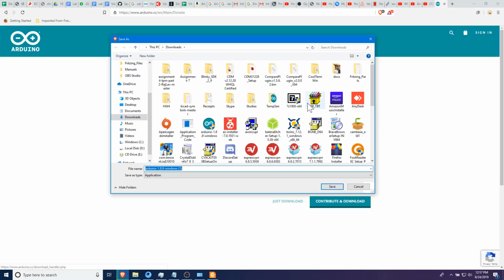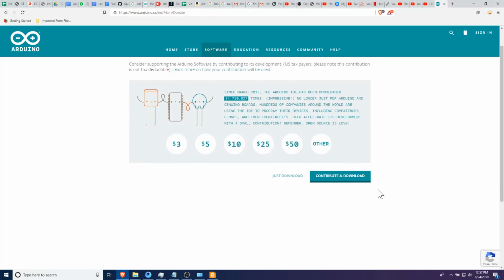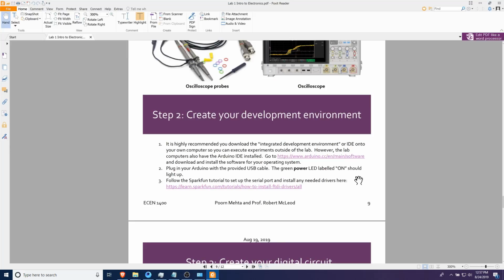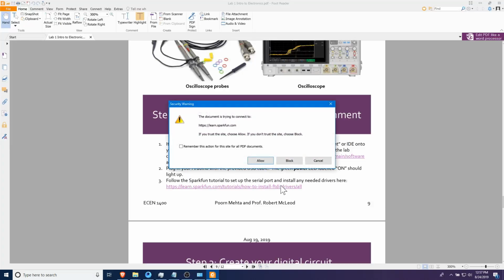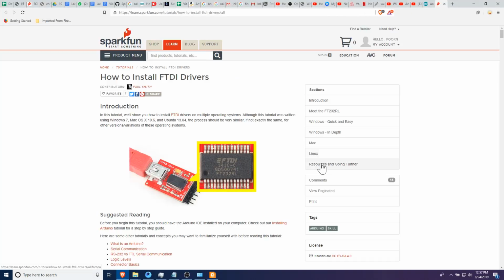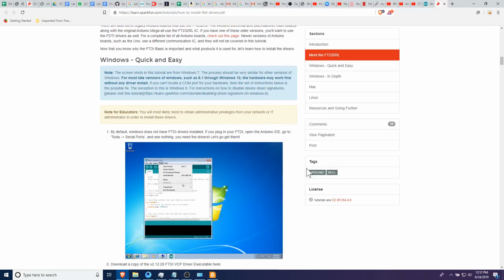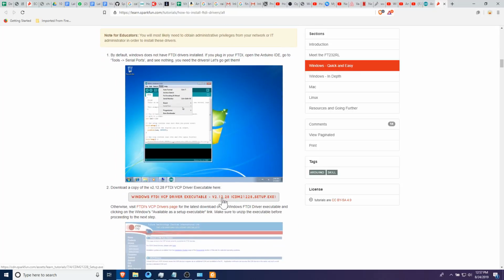Since I already have this setup, I'm not going to download again, but it is really easy. You just download it and it's an exe file, so you execute and you install. Nothing special in that. Let's go back to the manual. So once you have done that, then you will probably need to install the drivers. So for that, another link is right over here. Scroll down a bit and you can see that there will be a file which you can download, again an exe file for Windows,